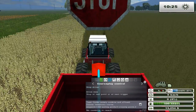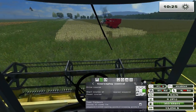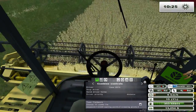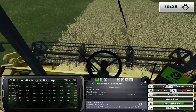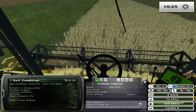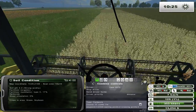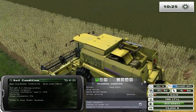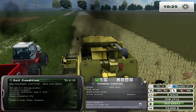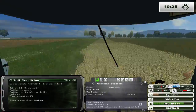And this guy can drive, and we'll set him to manual because I don't want him to go all over the place. I don't know how he's slipping there. There we go. Soybeans. Let's keep the information up here. Oops. Strong acidity here. Interesting. So that must just be this side part here. Alright, so that's not terrible. It's kind of low. This little section here is kind of low, so... I don't know how fast we can go. 10 kilometers an hour seems kind of fast, but...